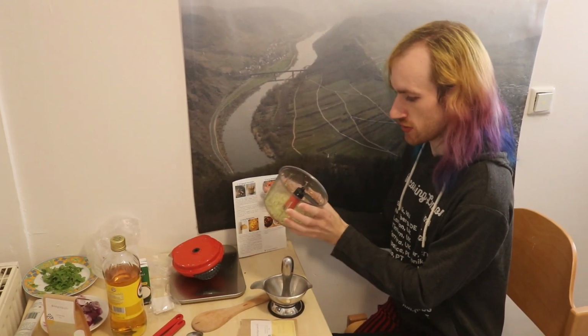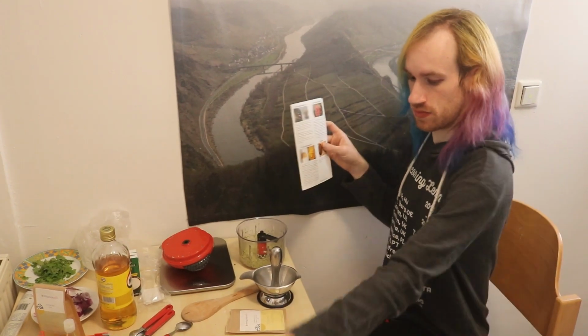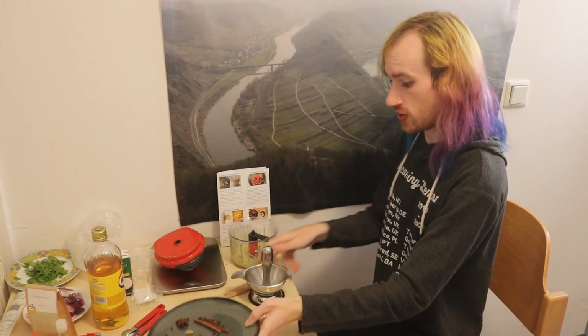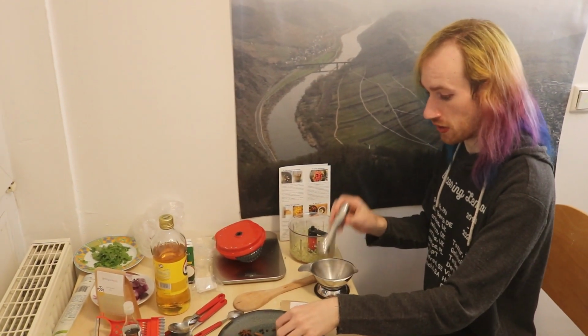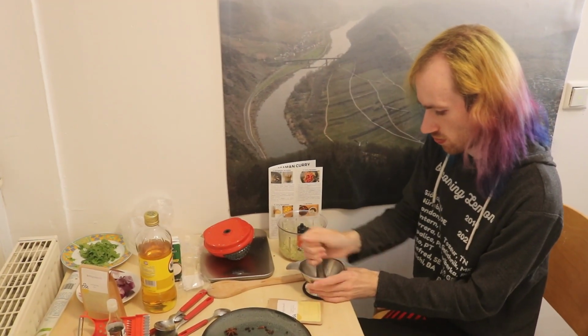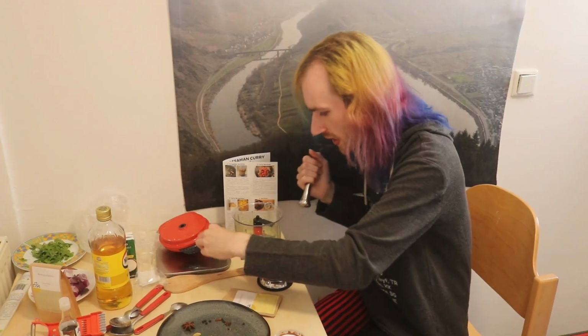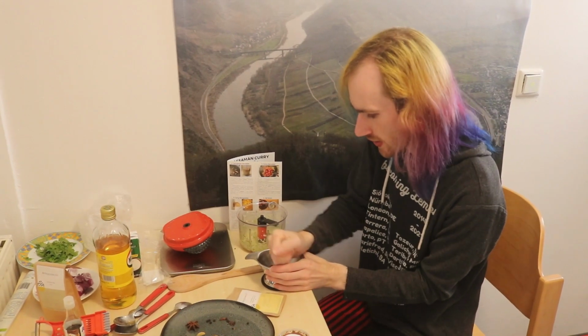There's already some of the stuff in here, the veggies that Nicole cut up. We already roasted the big spices. So now it's time to basically use a mortar to get them into a small form. So that's gonna be fun. Okay, it's starting to get small. I'm not sure if this is really gonna be a powder, but like...